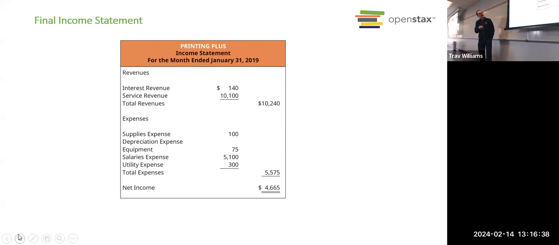Then down here, we see their various expenses. We see their total expenses. And then you just subtract the expenses from the revenue, and you know your net income or net loss, right? Which is it in this case? The net income or net loss? Net income, because, well, it says net income, and it's a positive number. If it said net income and it was a negative number, we would know that that means it's a loss. Or sometimes it'll just say net loss.